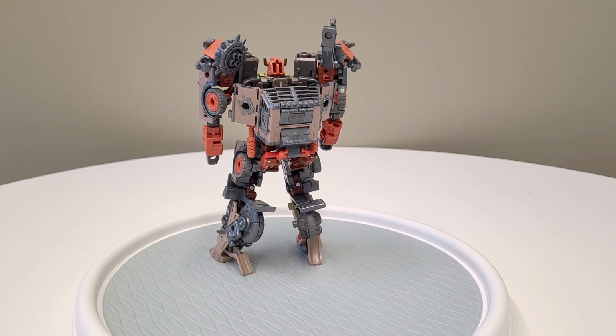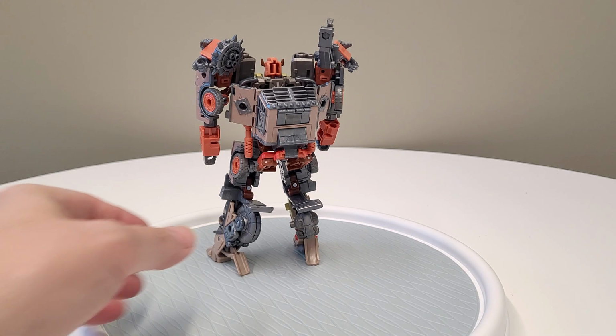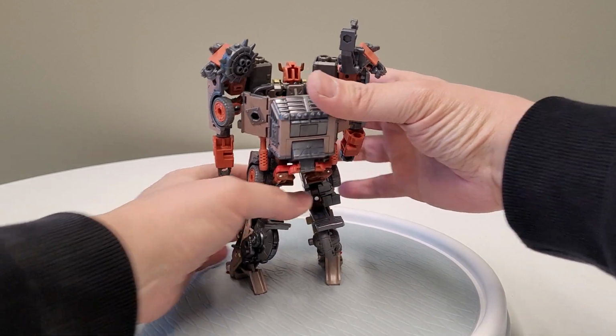And there's actually a Studio Series Cheetor that I upgraded using Paleotrex to give him some tribal chieftain armor. That's really cool, and I'm going to share that with y'all really soon on the channel. Pretty excited about that one. It's a little bit of a riff remix